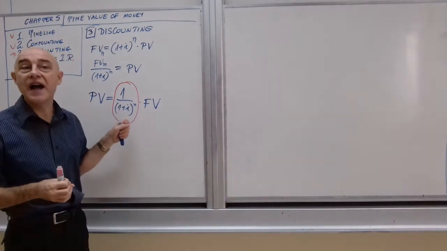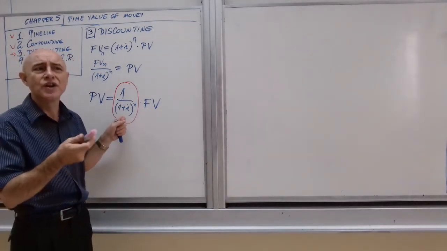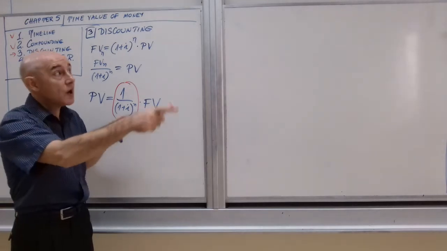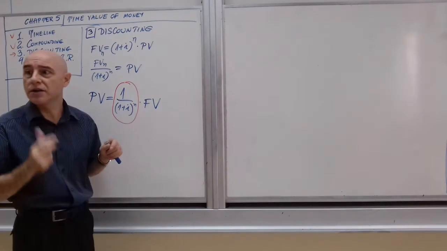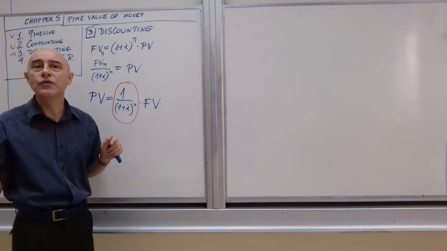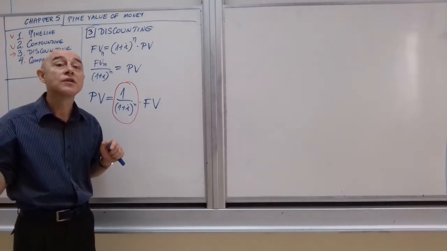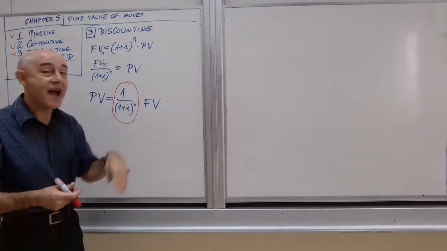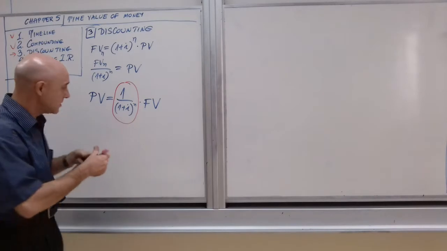Before, the conversion factor was called, what was it called? I wrote it on the board. You got to take a look at the notes. How did we call it? Future value interest factor. So this becomes